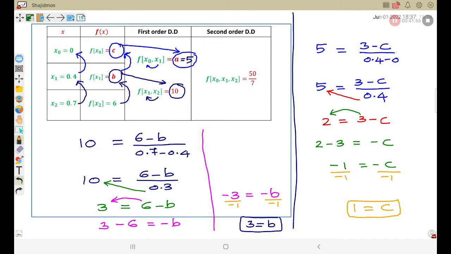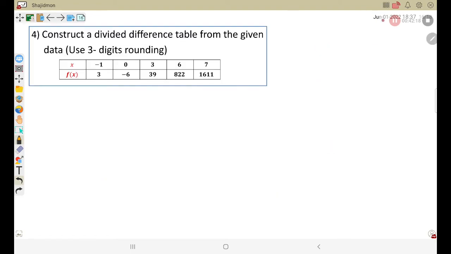So we got all three numbers. The a number we calculated first, we got 5. The b number we calculated after that, 3. Then the c number lastly we got, it is equal to 1. So this is the question, how to find a, b and c. Okay, now I hope you understood how we are calculating the polynomial and how to approximate